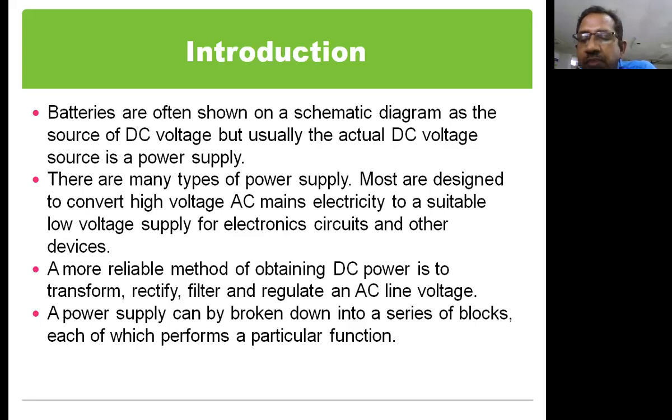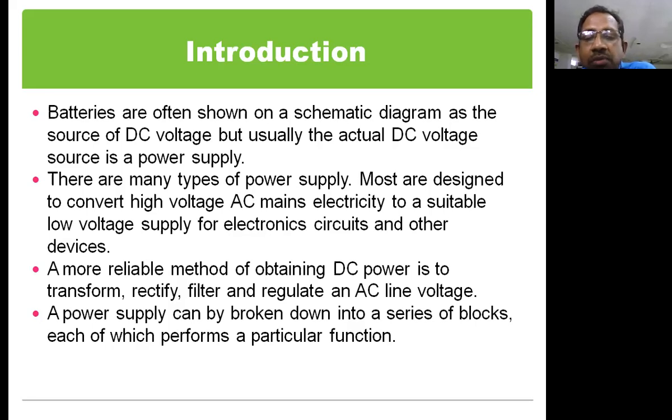There are many types of power supplies in the market. All the power supplies have only one objective: to convert the AC signal into a suitable low DC signal for the electronic circuits or gadgets to operate. That is the main objective. The objective of all the power supply units, even though there are different types in the market, is only one: to convert AC to a constant DC, or a pure DC.